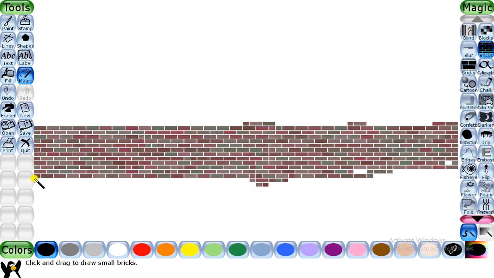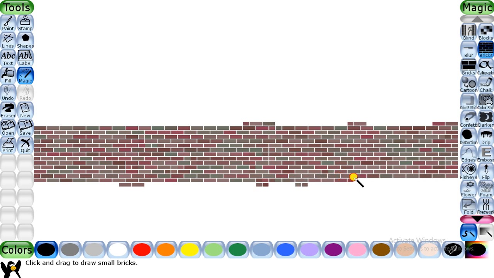Okay, so we have completed a wall of bricks. So students, in this manner you can create a wall of bricks by simply bringing the pointer on the canvas and pressing and dragging the pointer.